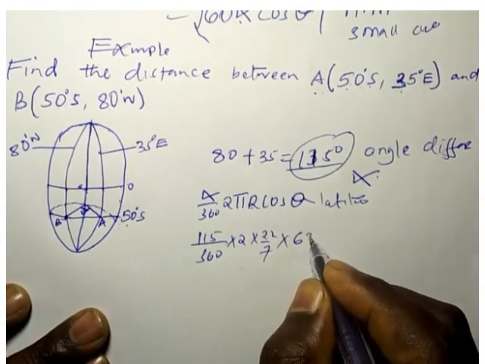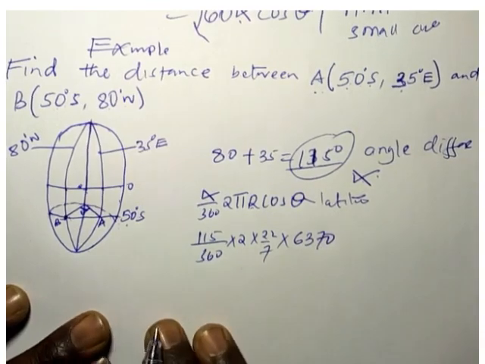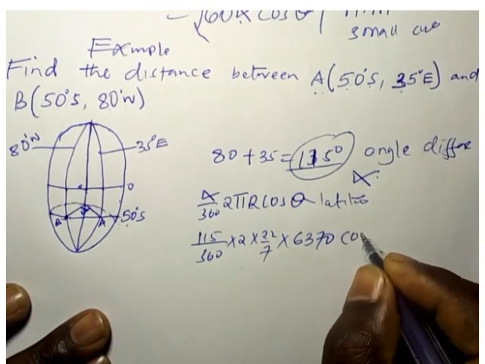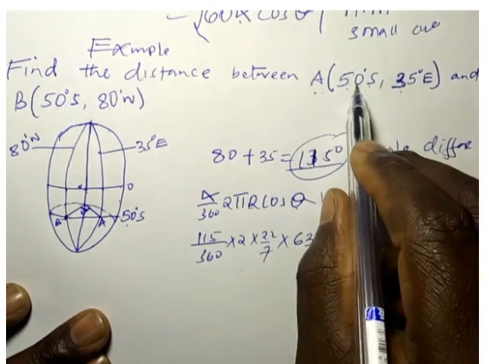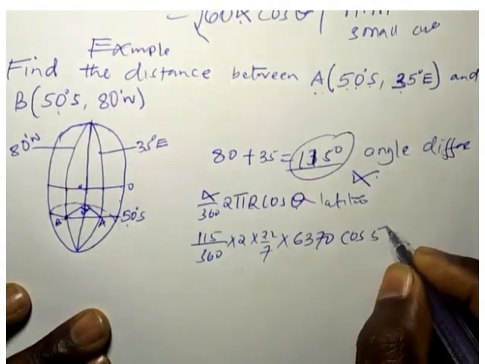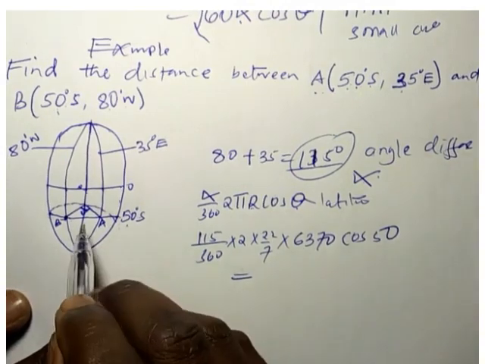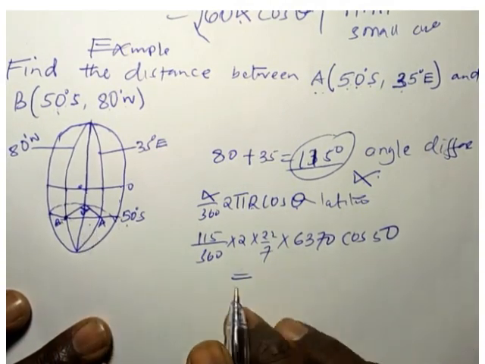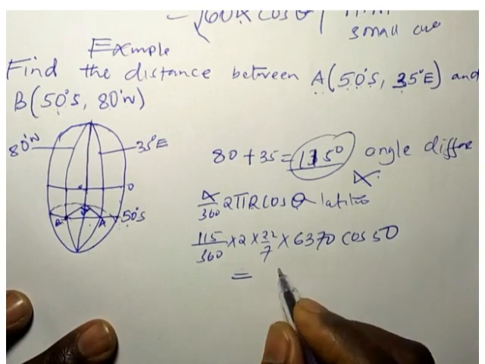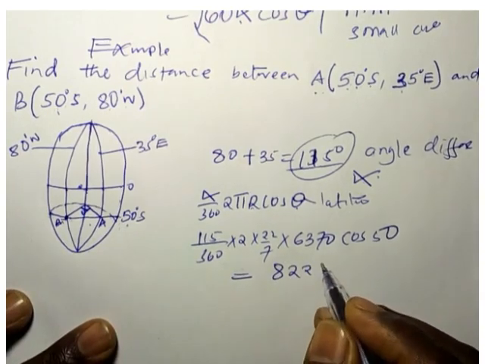R is 360, 370. Always it is given like that. Times cos latitude. The latitude here is 50. So this gives us the distance along AB in kilometers, which is 822